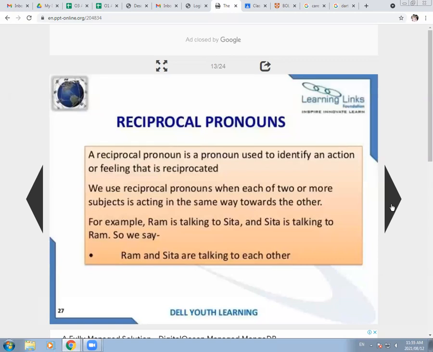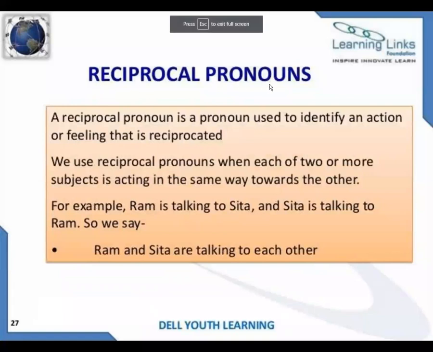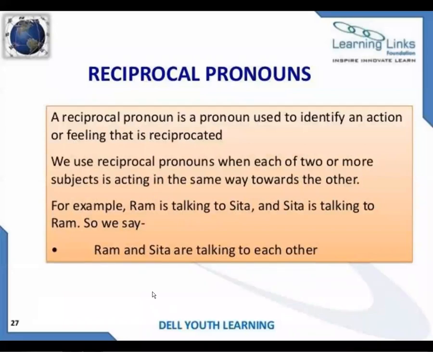This is the new one. I want you to pay your full attention here now. I want you to give this heading in your notebook as well. This is reciprocal pronoun. I think that you have heard this term in mathematics as well. Can anybody tell me the meaning of reciprocal? Hurry up, the chat box is there in front of you. You're going to write your answers there.